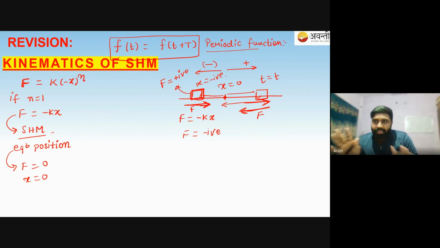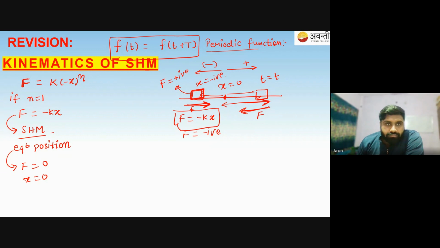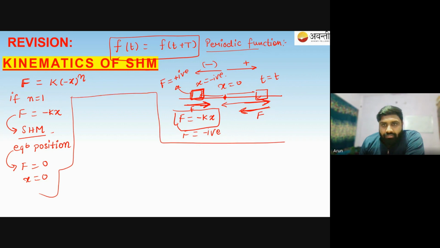So firstly, make it clear to me whether what I have said and done here is clear to each and everyone. Okay. So after that, what we have learned, we are revising only. Okay. So what we did after that, we took this equation f is equal to kx, where k